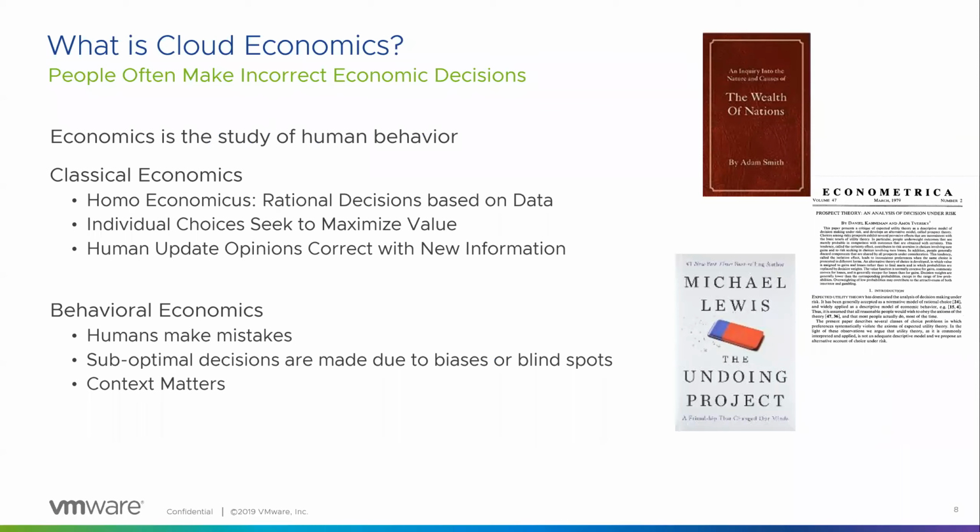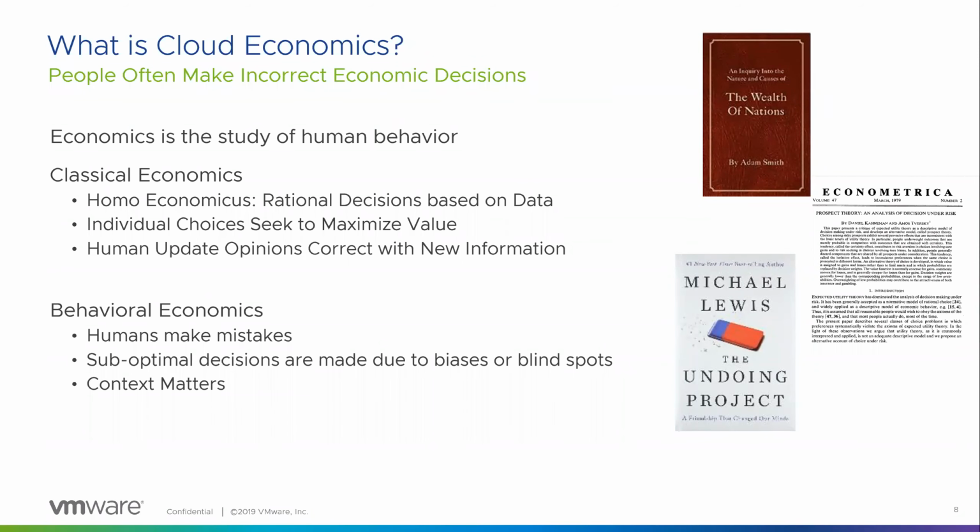I define economics as the study of human behavior, specifically around, most people think of it in terms of decisions, but mostly it's about behavior. Now, if we think of classical economics, everyone thinks about Wealth of Nations, published by Adam Smith in the 1770s. There was a classical notion of the typical economic person, Homo economicus, this economic man who made, and pardon the sexist language, I'm putting